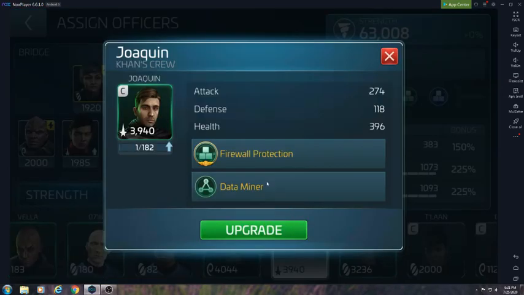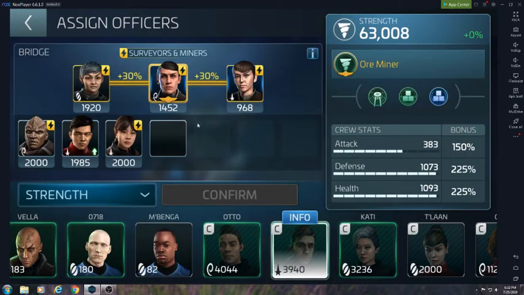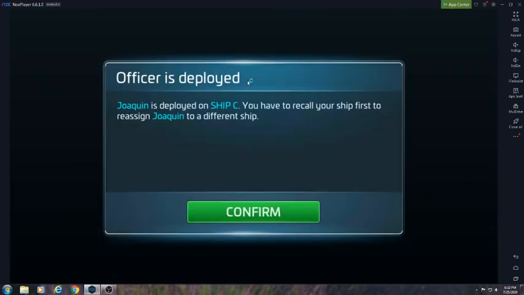You can get info on him. He also has this thing called firewall protection. He increases the protected cargo of the ship by 100%. So he's going to increase your protected, not so much your max capacity. Same thing with T'Pring as well. She also increases your...